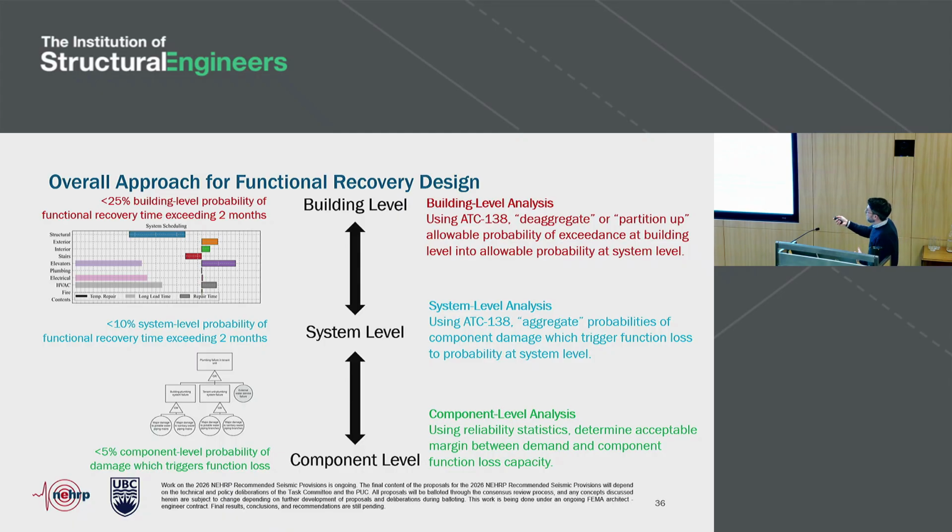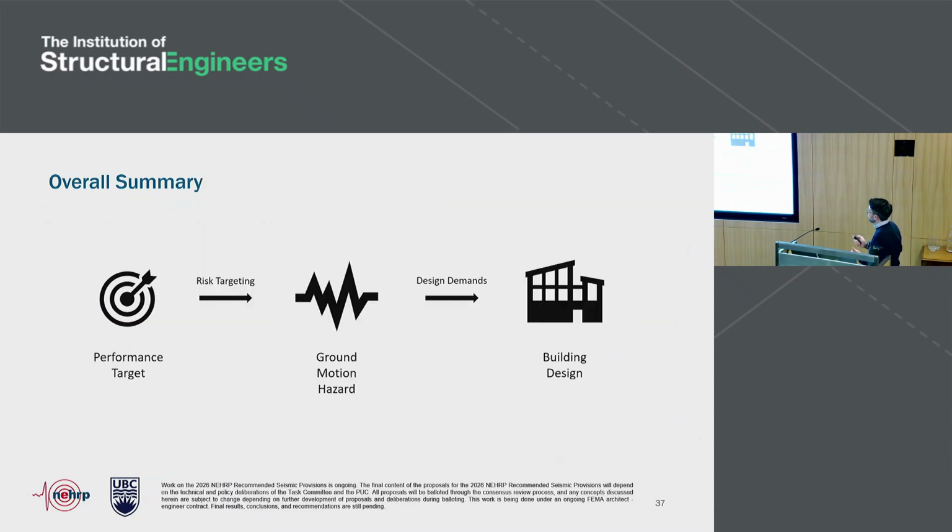And in fact, it was really useful when going through these code committee meetings to distill things down to the component level, because it's a lot easier to understand how a design intervention changes a component, makes it better, and therefore, makes the overall building level better. And it's a little bit harder to do that if you're just focusing on the building level results. So that's on the design philosophy. In terms of the overall summary of what you'll find in this chapter, I have these 3 key points.